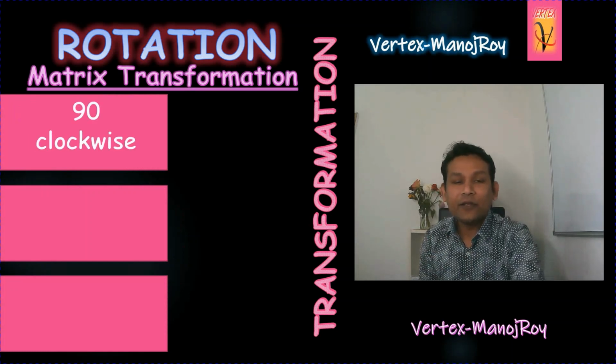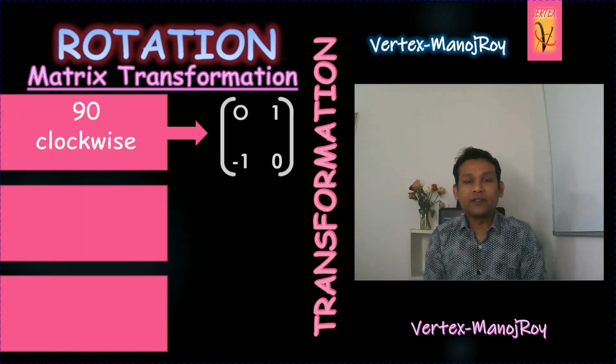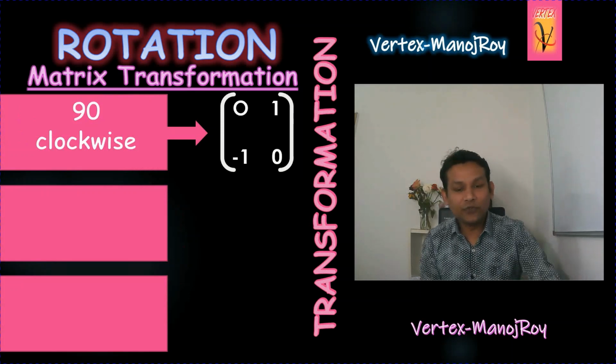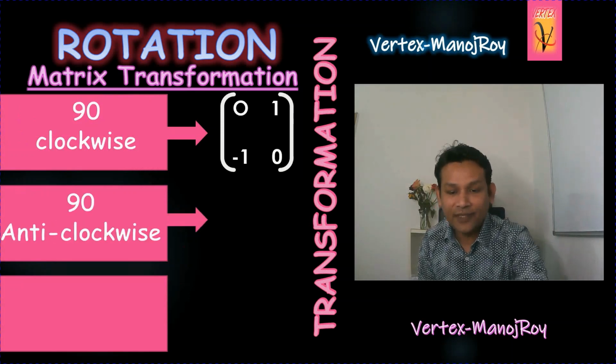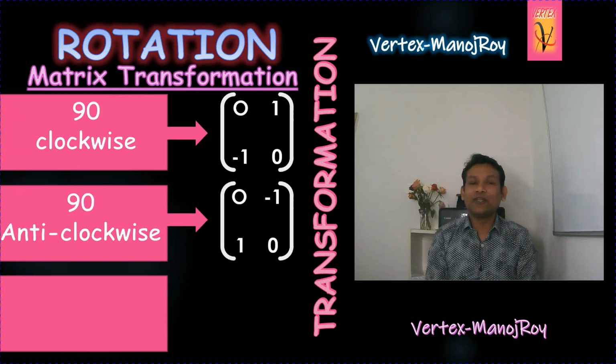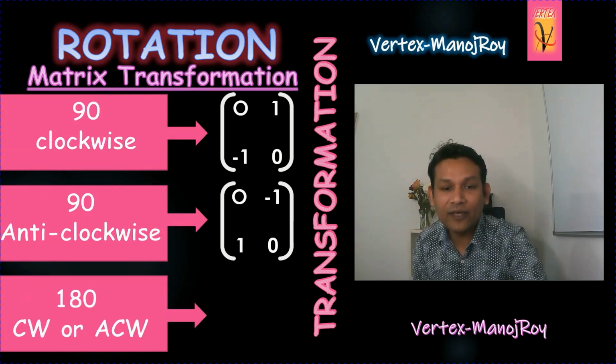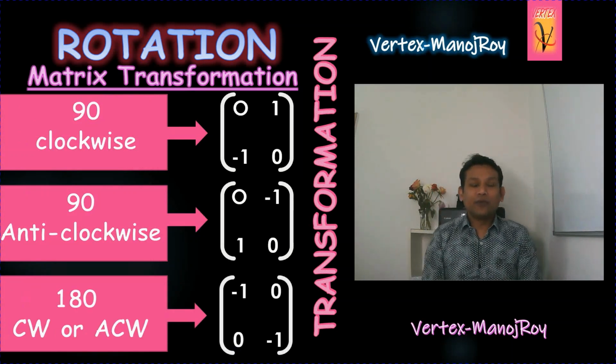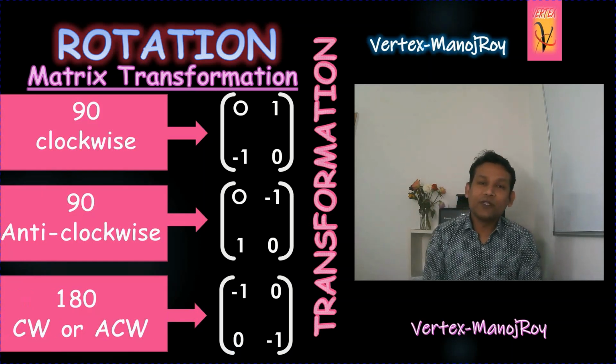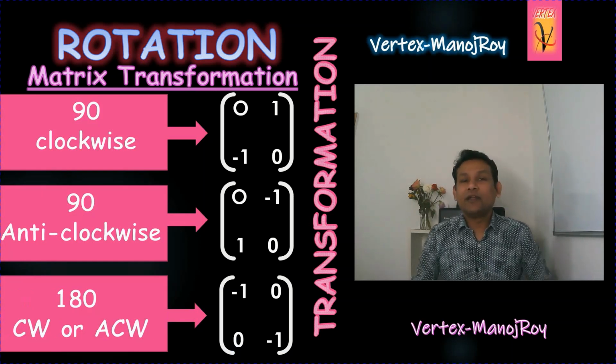For 90-degree clockwise, the matrix is 0 minus 1, 1 0. Do I have to learn this? No, I don't have to learn this. 0 1, minus 1 0 is the matrix for 90-degree anti-clockwise about the origin. And then we have the 180-degree rotation matrix, minus 1 0 and 0 minus 1,